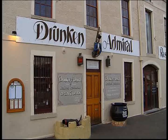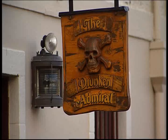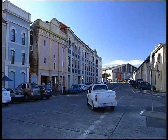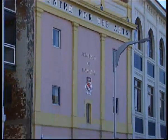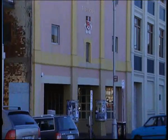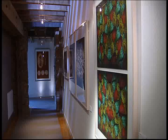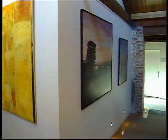Overlooking all of this, a pub dedicated to the inebriated sailors who once quenched their thirst here. These days, Hobart is a far more peaceful place, with art a dominating factor. First, through its centre for the arts. Next, via this hotel, built in an old jam factory, and these days exhibiting the works of some of Tasmania's finest artists. Matt, everywhere we look in this hotel, paintings on the walls, in your bedroom, in the reception, 300